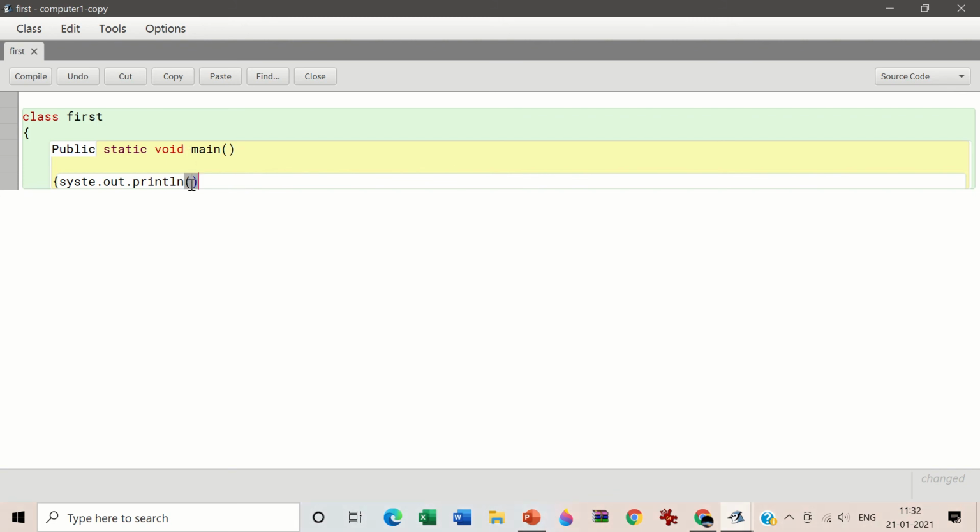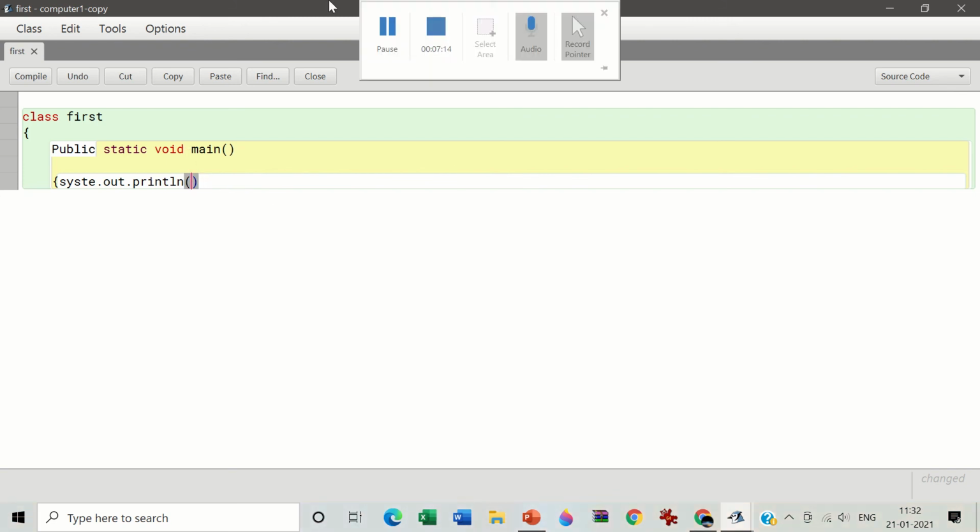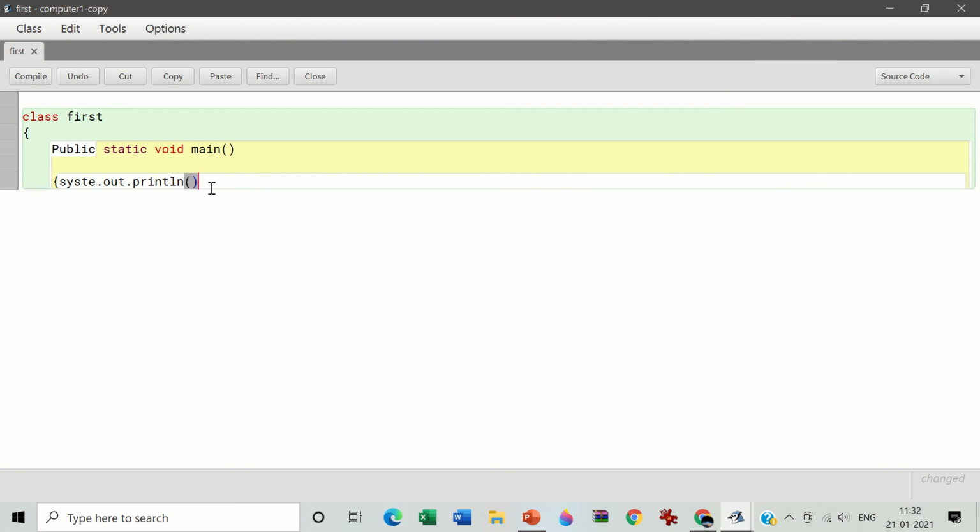In this bracket, suppose you want to write something like "my first day in Java." What do you do? You put double inverted commas and write this. I write a System.out.println, right? Then I put